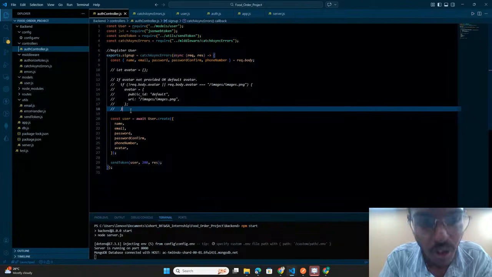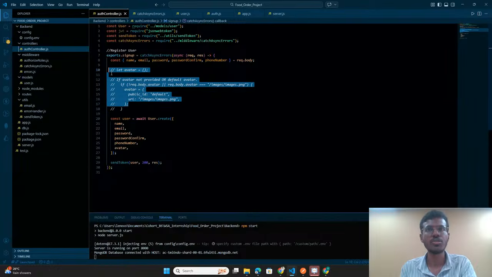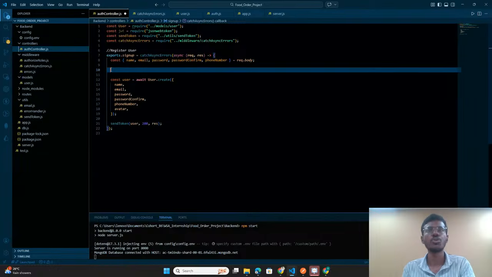For that you need some additional knowledge, like Cloudinary: where we are storing, how we can host the images on a third-party website, and how we can call that URL and store it in our database. So let's skip this part for now. Later we will come to this part. Here, just for your reference, you can add a comment in the place of the code